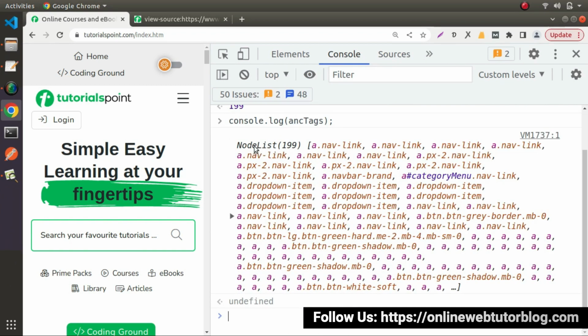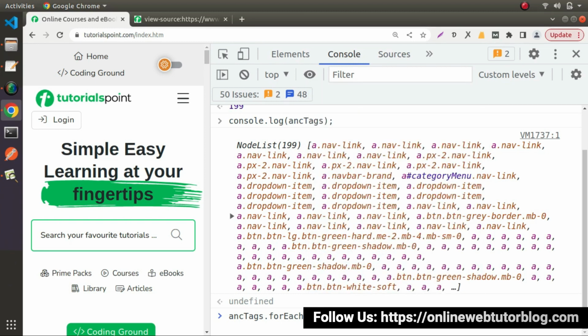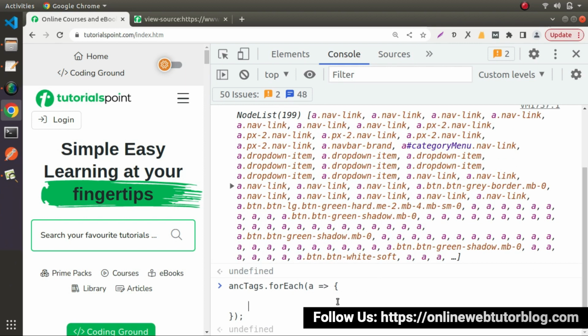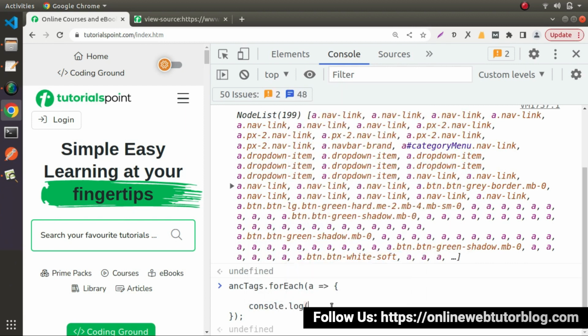Now we can see that inside this NodeList array we have 199 items, and here we can see the anchor tags and their classes. Now let's loop through each anchor tag. So anchor tags dot, I will use the concept of forEach. Go inside the parenthesis of that forEach method. I will write a here, which indicates a single anchor tag from our anchor tags array, and here I will use curly braces, press shift enter, go inside this loop code block, and let's say console.log,